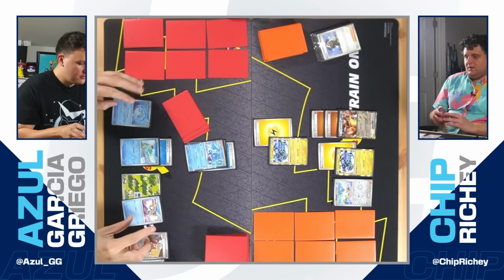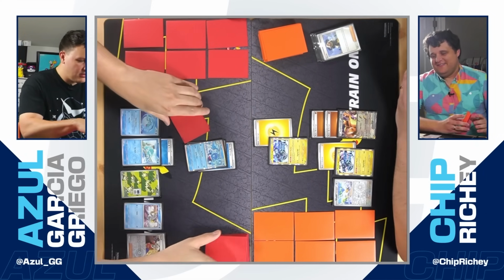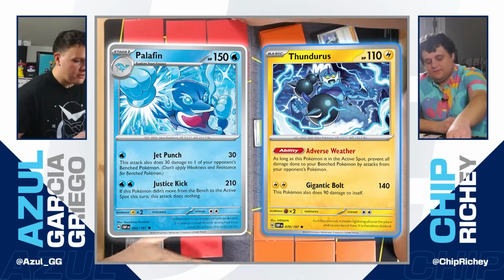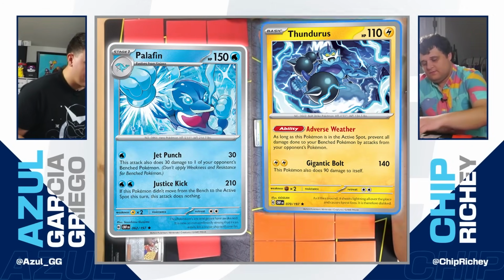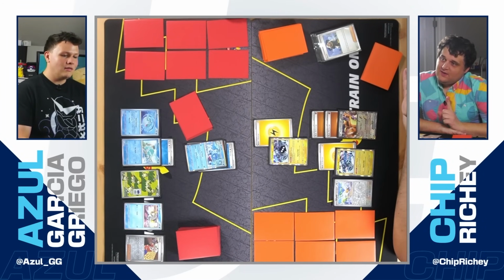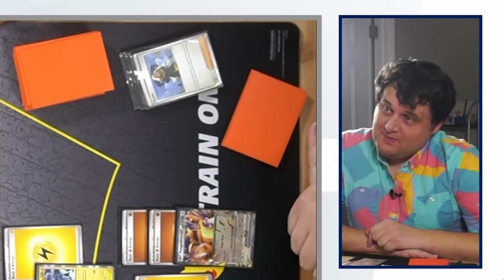I'll go ahead and bench my newfound squad, the Frigibax, the Pidgey, and the Finizen. And I will end my turn by using Jet Punch to put 30 damage onto your active Thundurus, and I also put 30 damage onto your Kangaskhan. Now, you may think you're putting damage onto my bench,